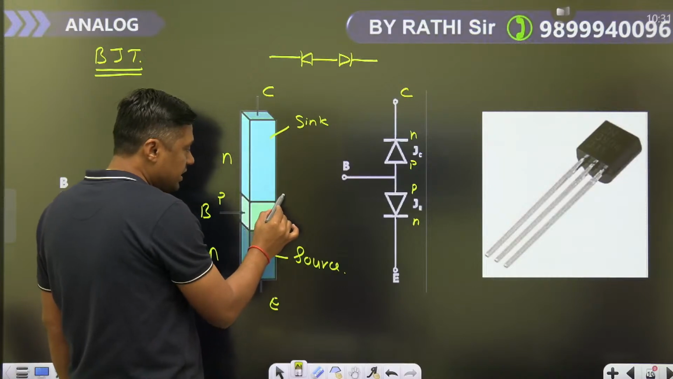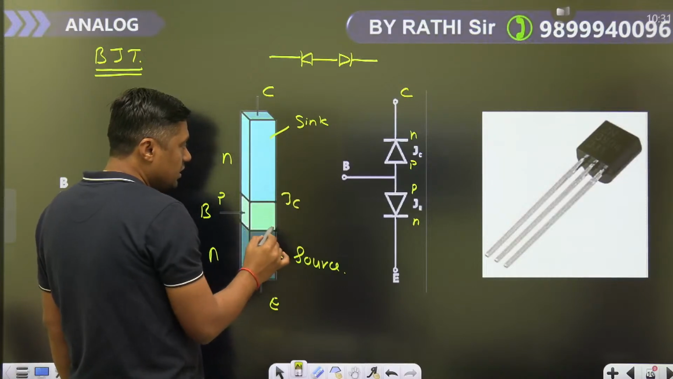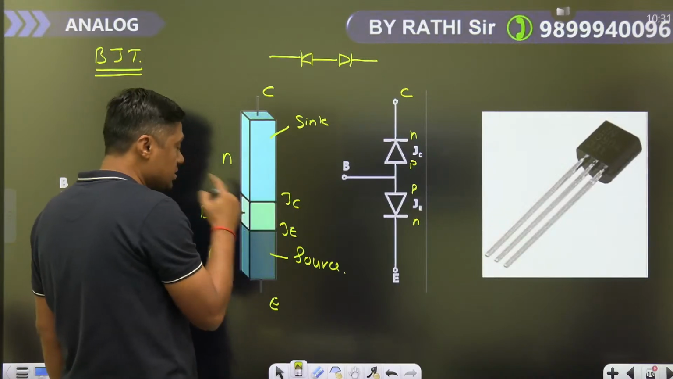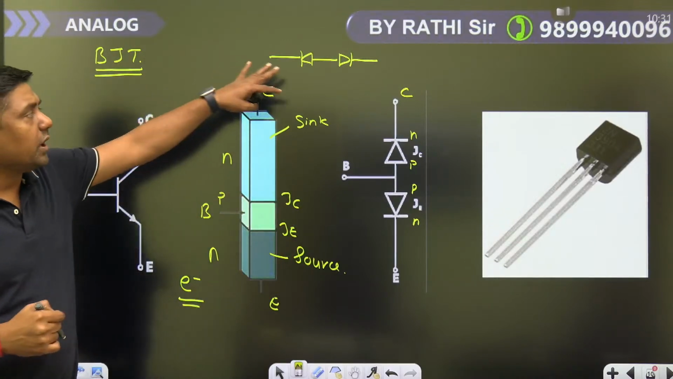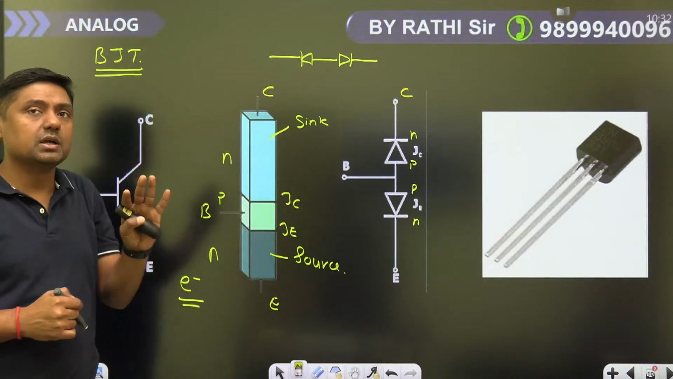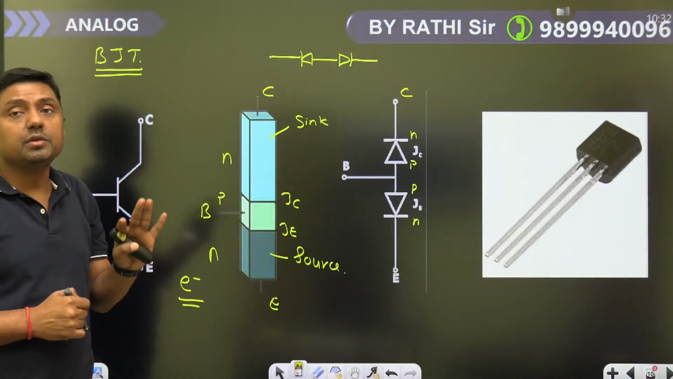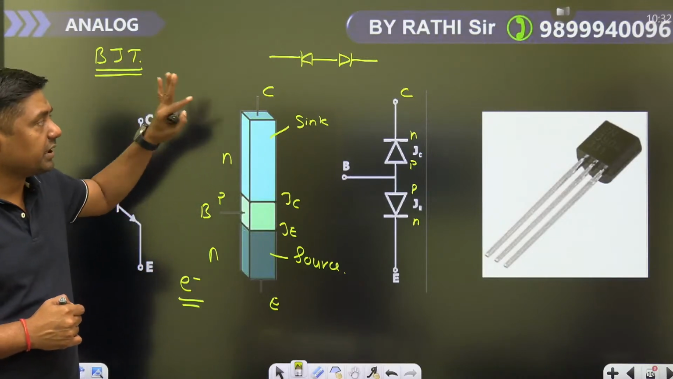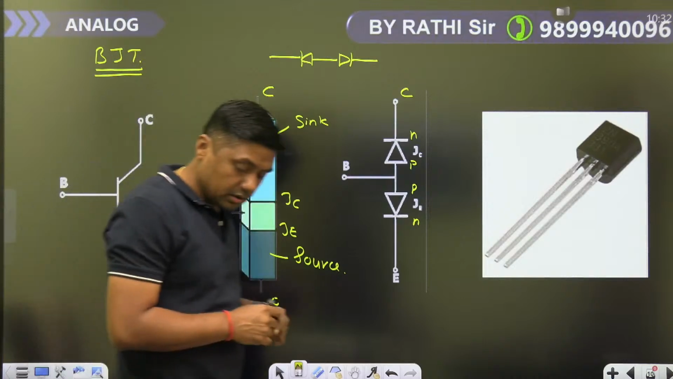ये है पीएन जंक्शन एक, जिसको बोलते हैं कलेक्टर जंक्शन, ये एक और जंक्शन है, this is called emitter junction, कलेक्टर जंक्शन एंड एमिटर जंक्शन, बेस इज कॉमन। लेकिन हम दो डायोड को बैक टू बैक कनेक्ट करके क्या नहीं बना सकते, बीजेटी नहीं बना सकते, राइट। BJT, we can't design BJT by connecting two diodes back to back. ओके,